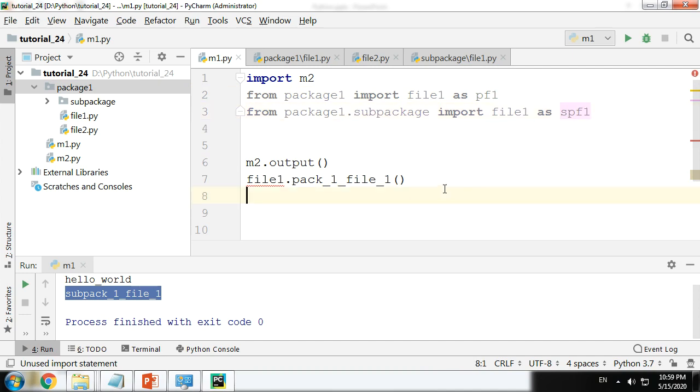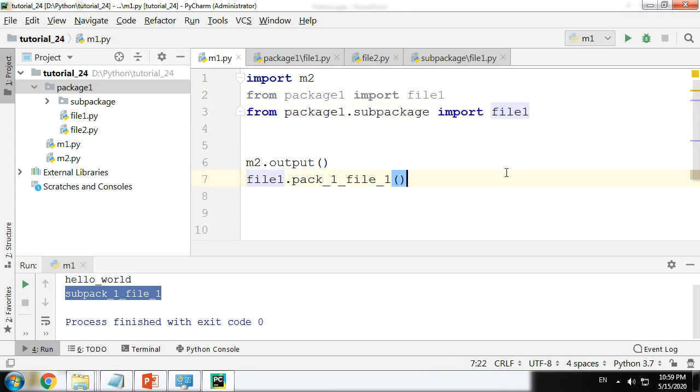The moment I do this, I can then specify the file based on these names, the aliases, not the original name. So this is the other way in which you can solve this particular issue, which does come up when you are working.